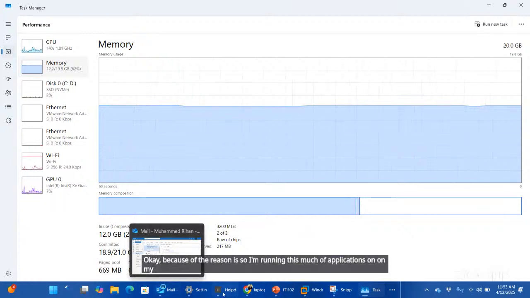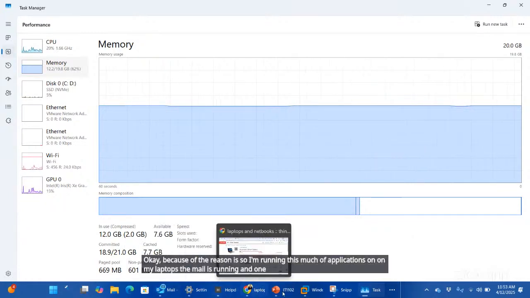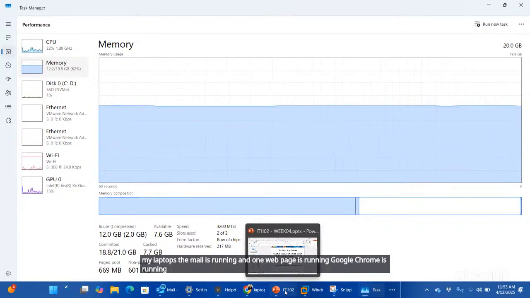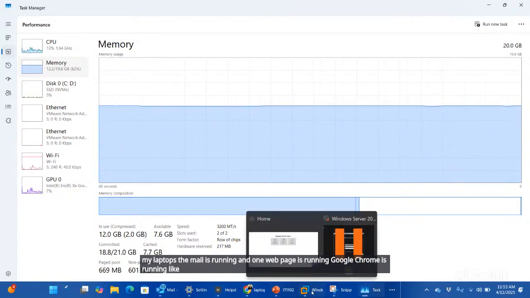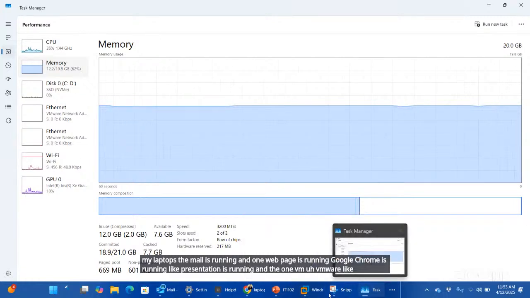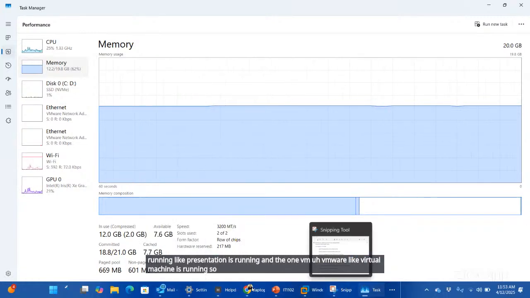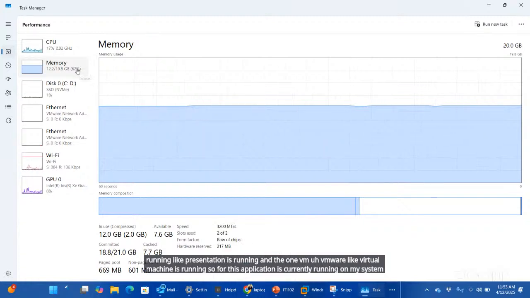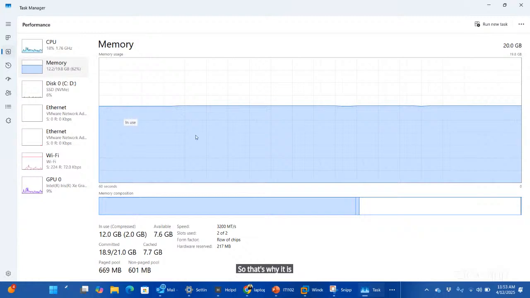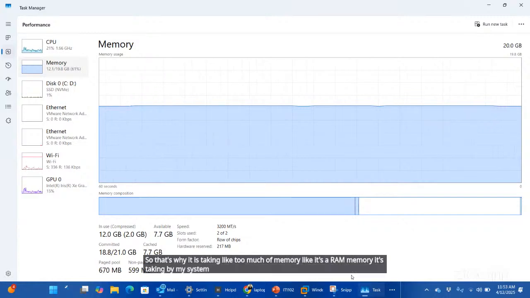The mail is running, a web page is running, Google Chrome is running, the presentation is running, and one VMware virtual machine is running. That's why it is taking so much RAM memory. If I close these applications, it will automatically be reduced.